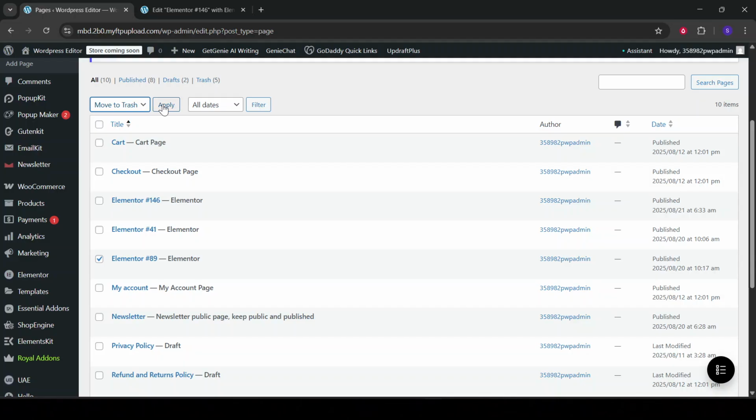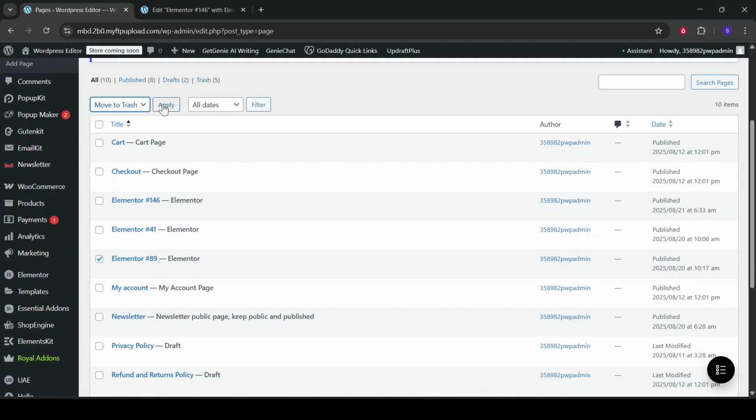However, it's important to remember that it hasn't been removed from your WordPress site entirely just yet. If you're satisfied with this action, you can stop here. Deleting a page to the trash is similar to moving a file to your computer's recycle bin or trash can. It's out of sight on your website, but you can recover it if you realize later that you need it back. But, if you're sure that the page is no longer needed and you want to free up some space